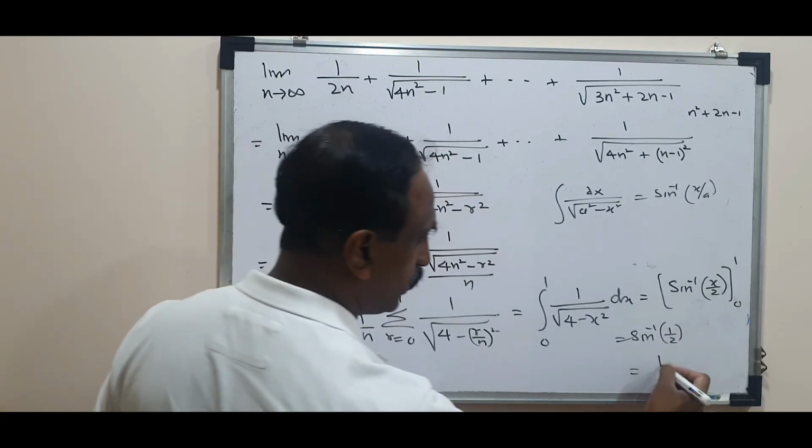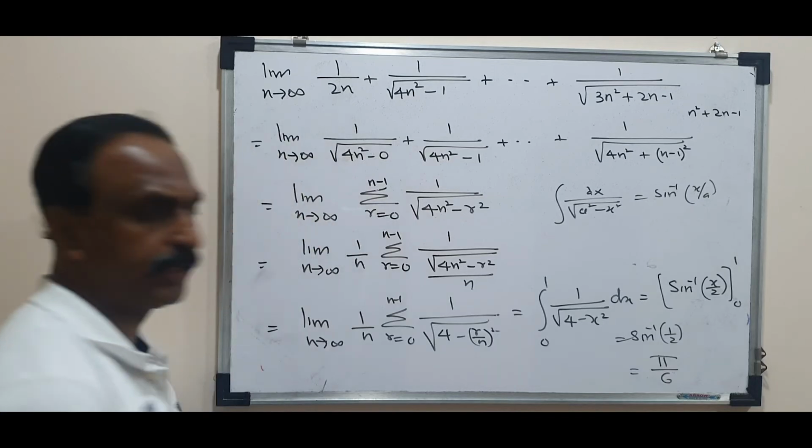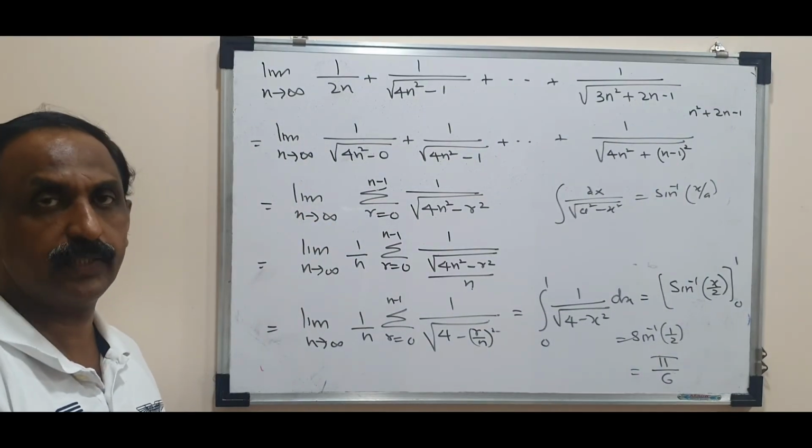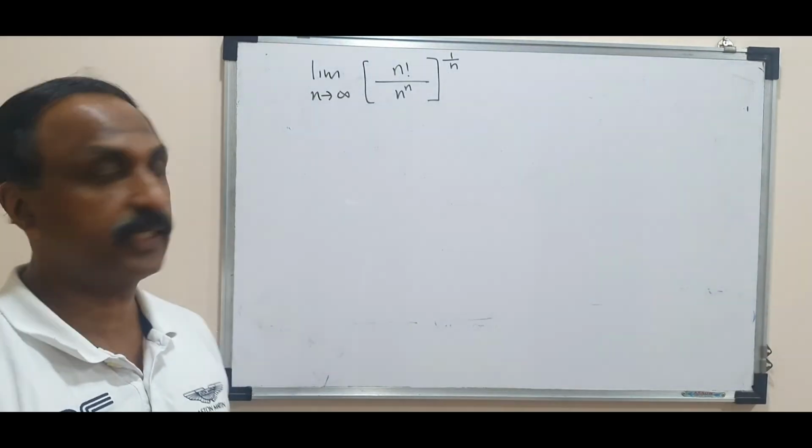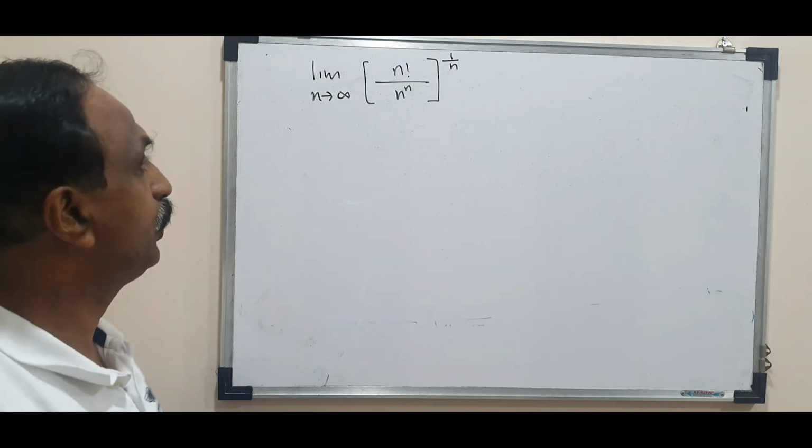Sine inverse of 1 by 2 is 30 degrees. So answer is pi by 6. So this is how you can calculate this limit. This is a little tricky problem. What I'm going to do is,